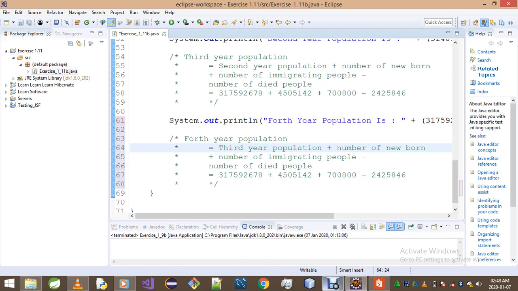So on the fourth year, we're gonna have 32,037,2774. That's our population for the fourth year. This year is the population for the third year. So we gotta write the very last population, and that is given as